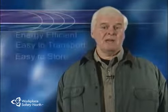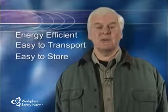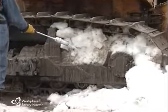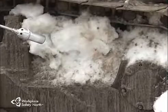Propane is a fuel commonly used in logging operations, especially in winter. Propane is energy efficient, easy to transport, and easy to store. However, because it's also commonly used in everything from home barbecues to automobiles, we sometimes forget the extreme dangers that propane presents if not handled safely. Propane is safe if used within industry and government standards and with a measure of common sense, knowing the hazards